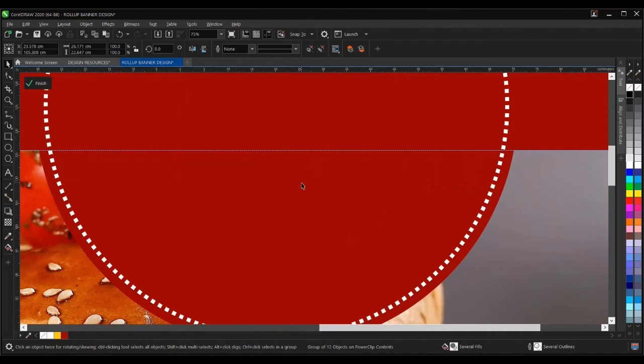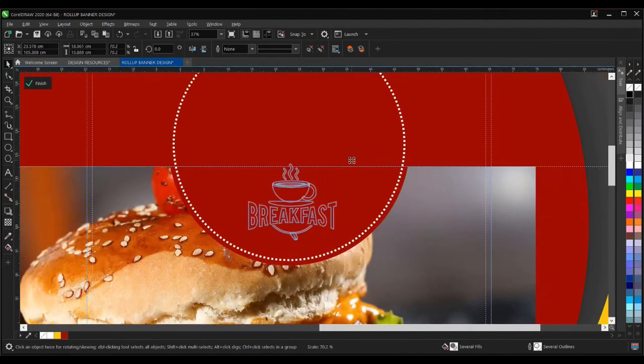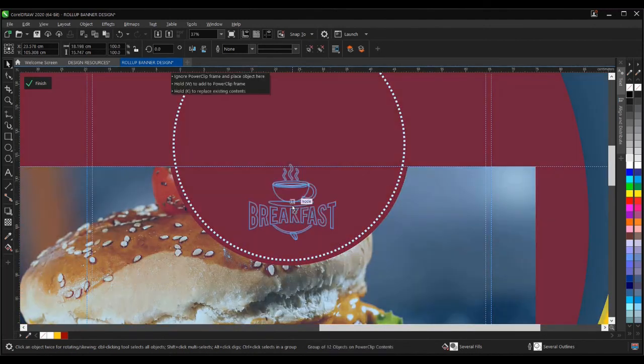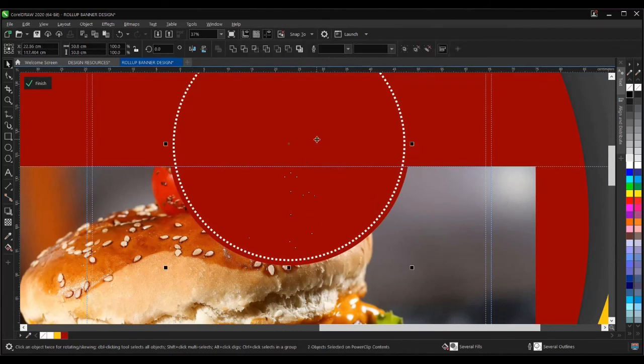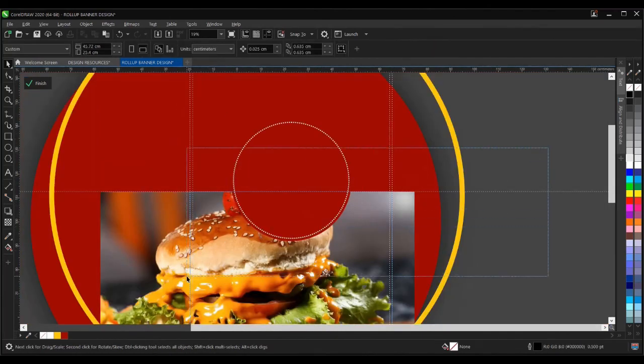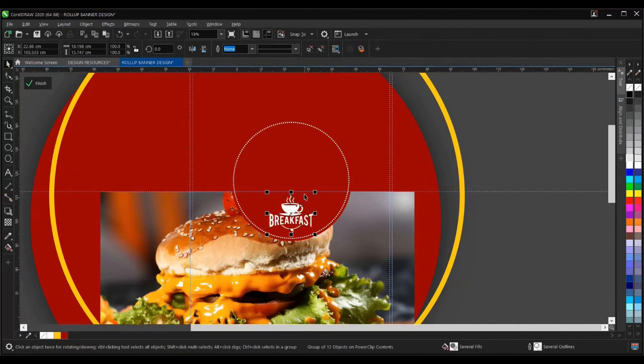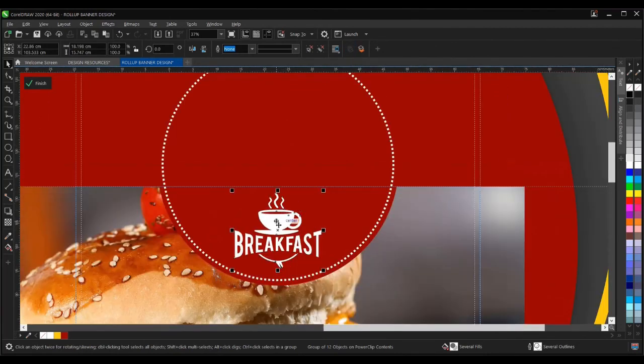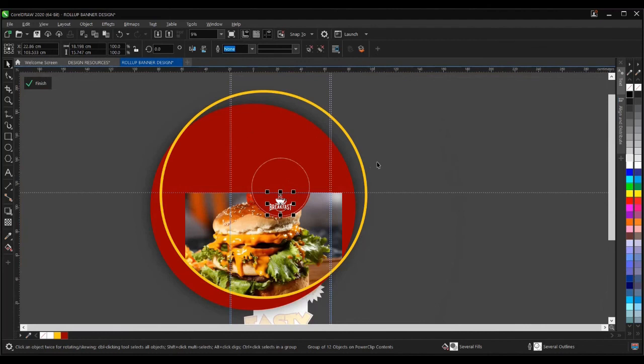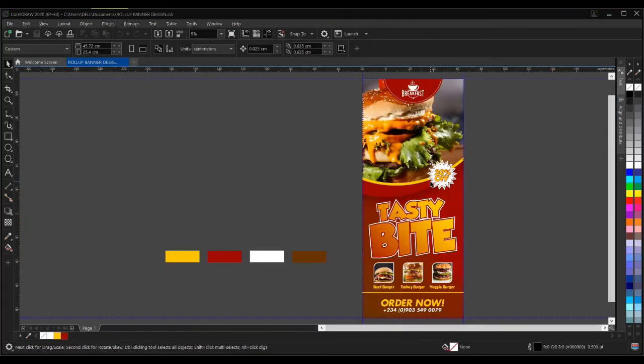Let's not forget our border line here. Hold on shift, control then C, and page up the breakfast logo. Alright, then once you're done, okay, that is it on how to design a roll up banner